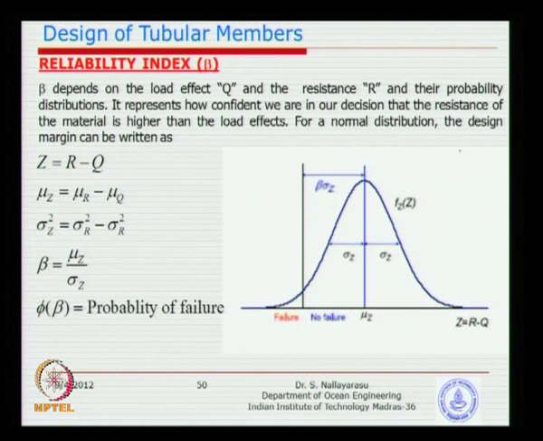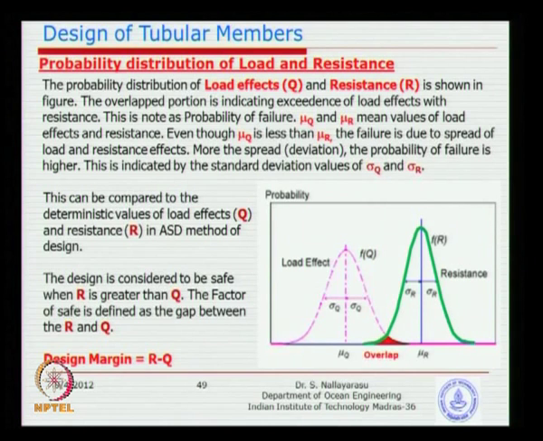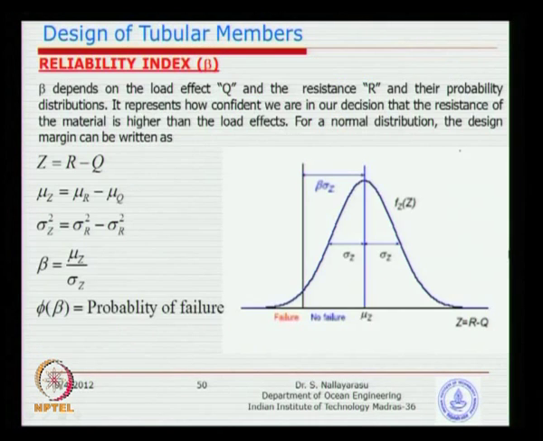Typically we call it a factor called a reliability index. The function of loading and the function of resistance can be combined into the net function. Like what we did earlier, the net function is nothing but the resistance minus the load effects, which can be written as R minus Q. R will be your 0.6 times Fy, your bending, for example a typical beam. Q will be your WL square by 8, or WL by 4, divided by section modulus. So R minus Q will be your limit state function, which is basically the net effect.